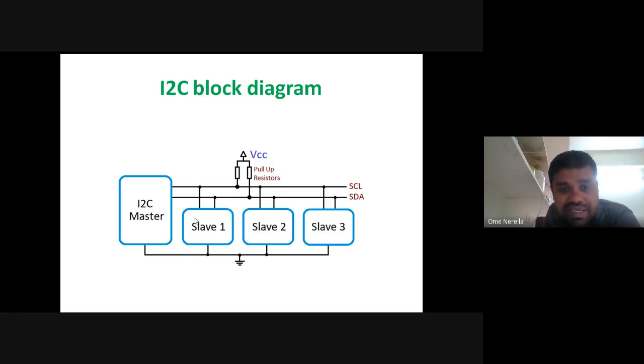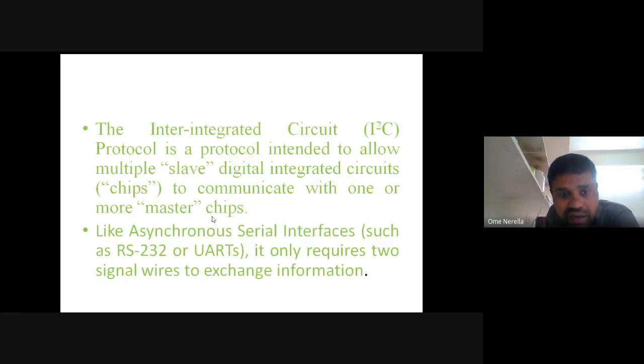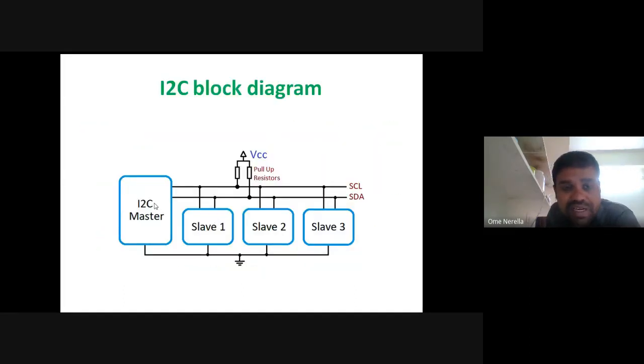In the second case, suppose I need to know the current timing information. That is nothing but obtaining the data from the RTC chip to the microcontroller. In this case, the RTC chip sends the data to the microcontroller, so the RTC chip is the master and the microcontroller is the slave. The general definition is: the transmitting device is the master and the receiving device is the slave.